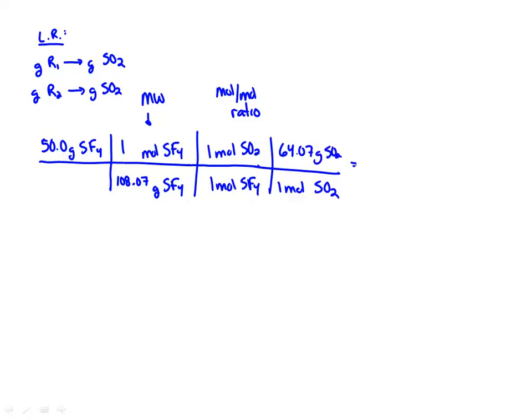So 50 times 64.07 divided by 108.07 is 29.64. And actually, I really should only have 3 sigs, so 29.6 grams of SO2. So notice, if I have 3 sig figs in that starting number, I better have 3 sig figs in my ending answer. On your chemistry paper homework,